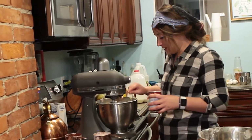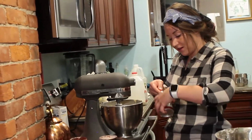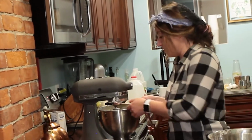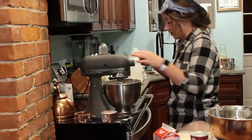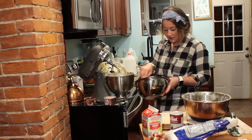Add this little bit of baking powder. This kind of seems like a lot of baking powder for 1 cup of flour, but that's what they're calling for, so that's what we're going with. I'm so curious about the strength of their sodas and baking powder back then versus what ours is now. I'm not quite sure if you think that it would be